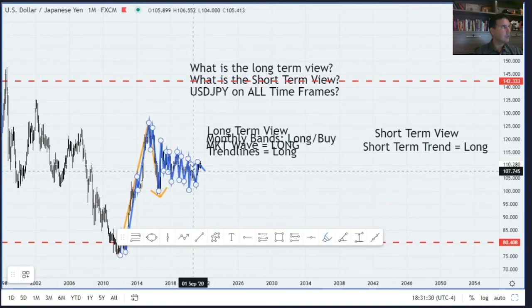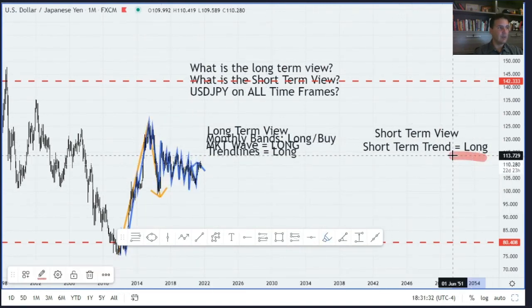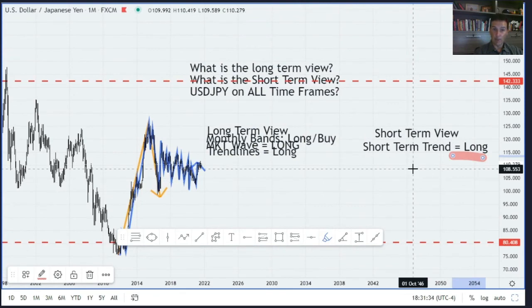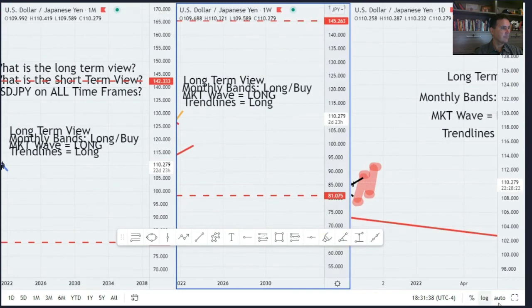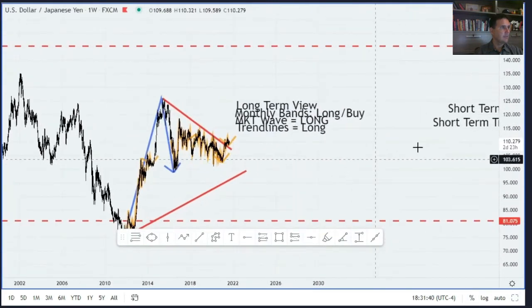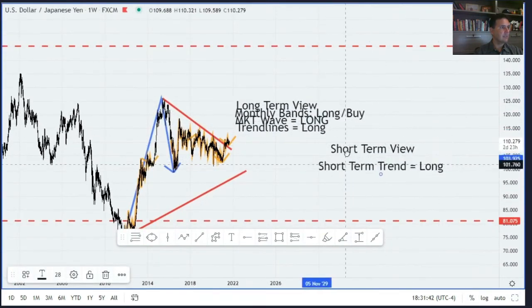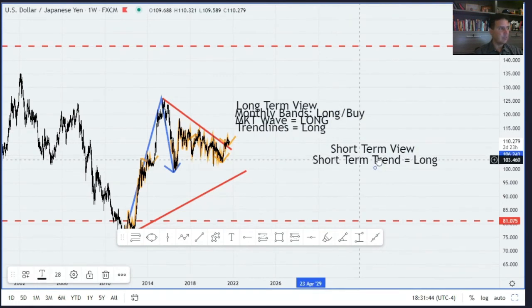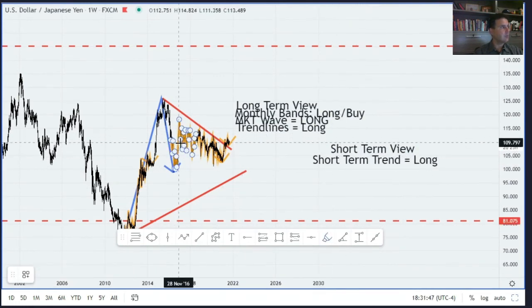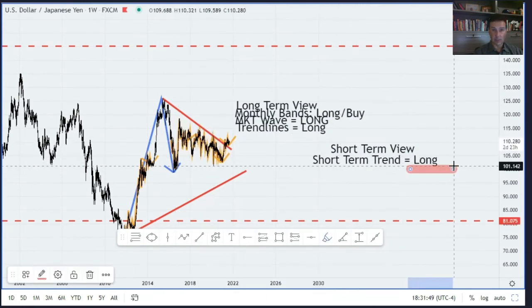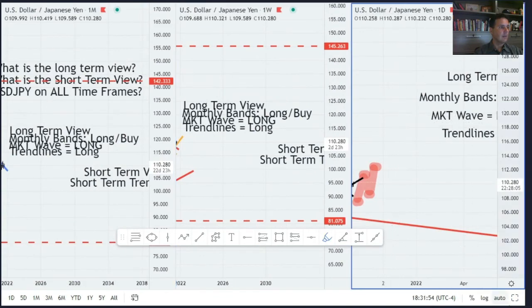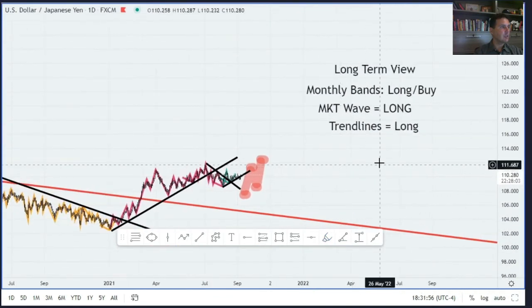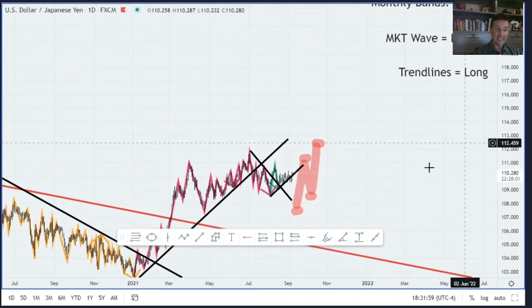Short-term trend on the monthly is long, meaning buy the market. The short-term trend, and this is just an example, on the weekly is long too, meaning buy the market, go long. But the short-term trend on the daily chart,